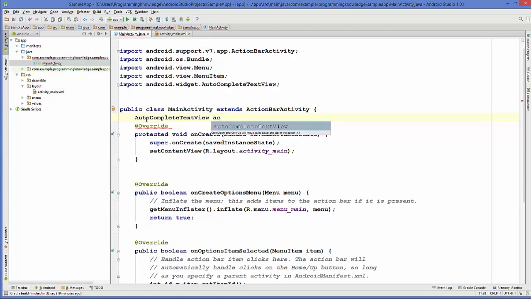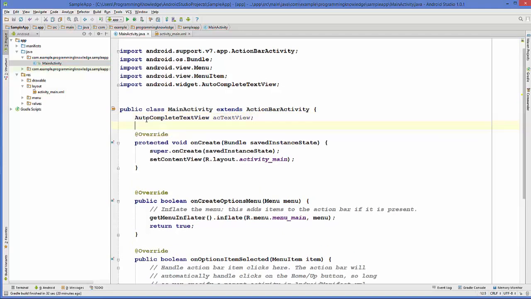I will name it as AC text view, for example,